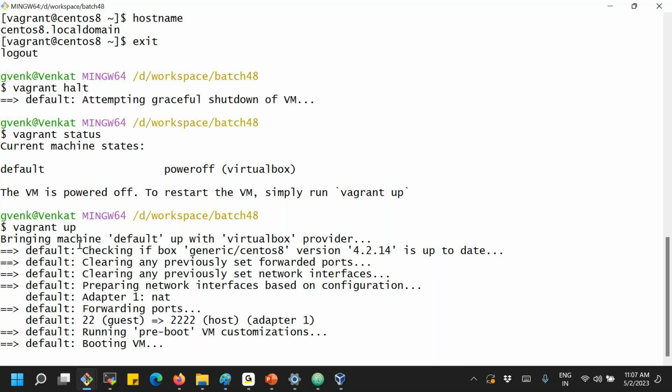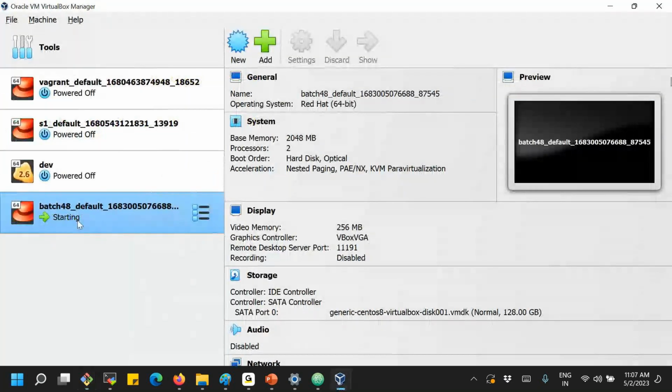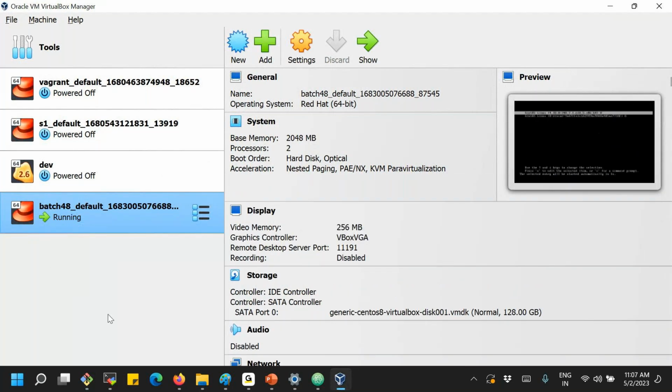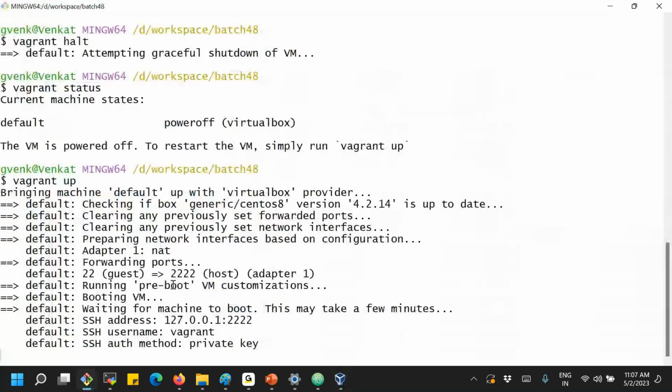Now it is starting the virtual machine, and you can observe it is starting in the background. That is the beauty of Vagrant. You don't need to do all these operations manually. We manage it with Vagrant through the command line. If you are able to run these commands, you can use them for automation purposes. It is going to take some time, so just wait.